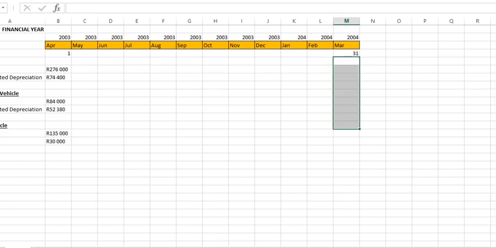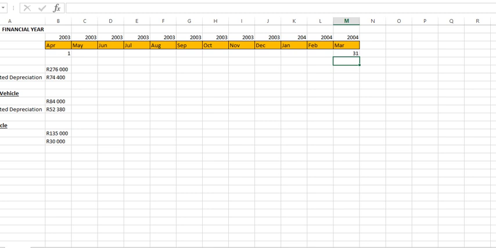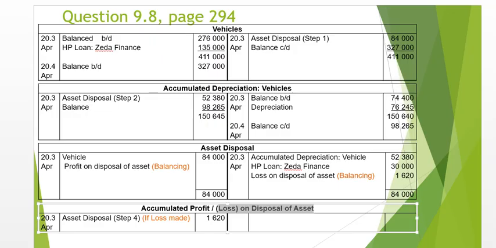Now, as I mentioned, we're now at the 31st of March 2004, and for that we need to determine our depreciation for the year on these older vehicles, excluding the vehicle we sold. This vehicle we sold, we do not own it anymore, so we're not going to account for depreciation. And then on this new vehicle, we need to account then for depreciation. So if we have a look at it,